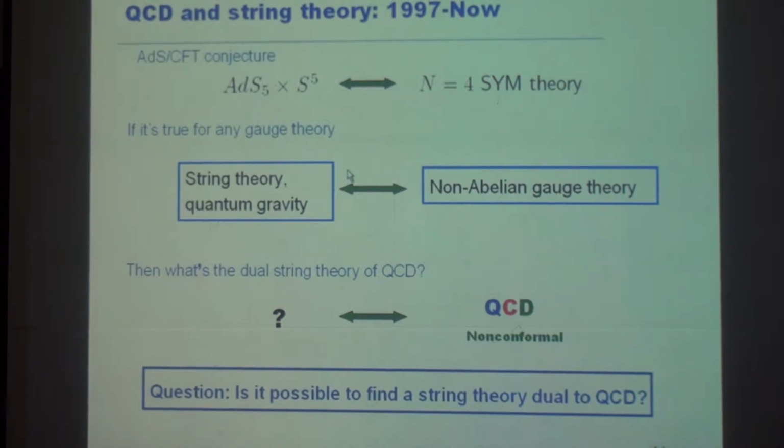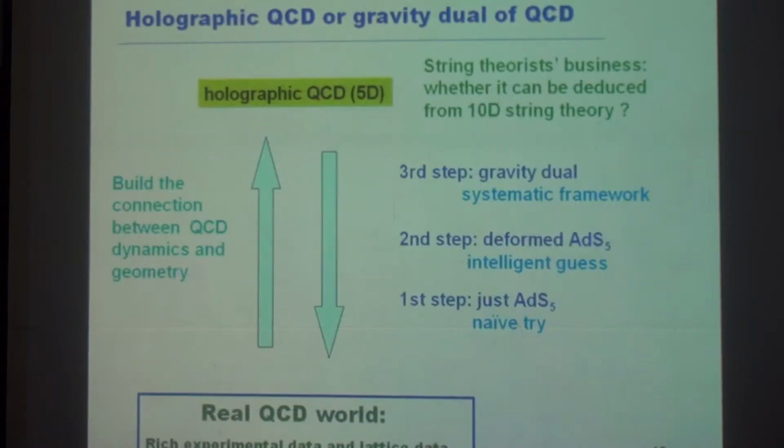In this talk I will try to construct a five-dimensional QCD model, a bottom-up picture.